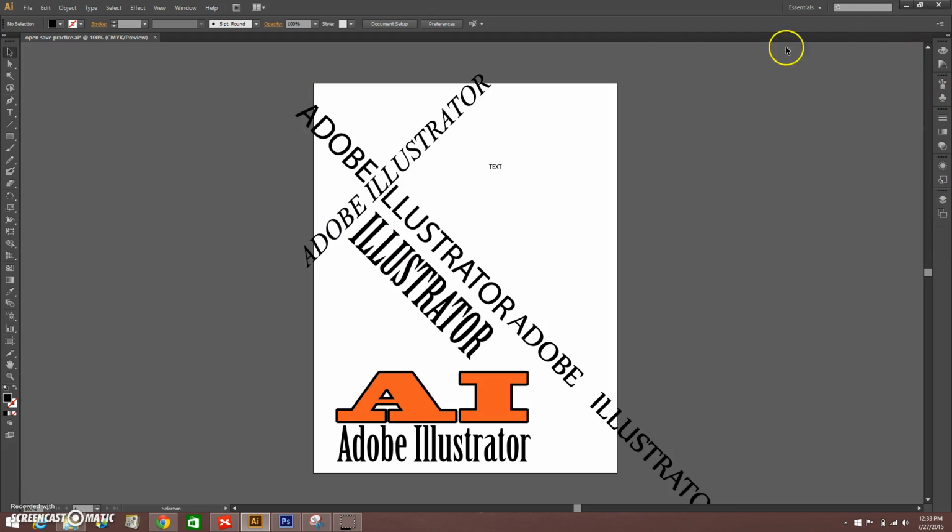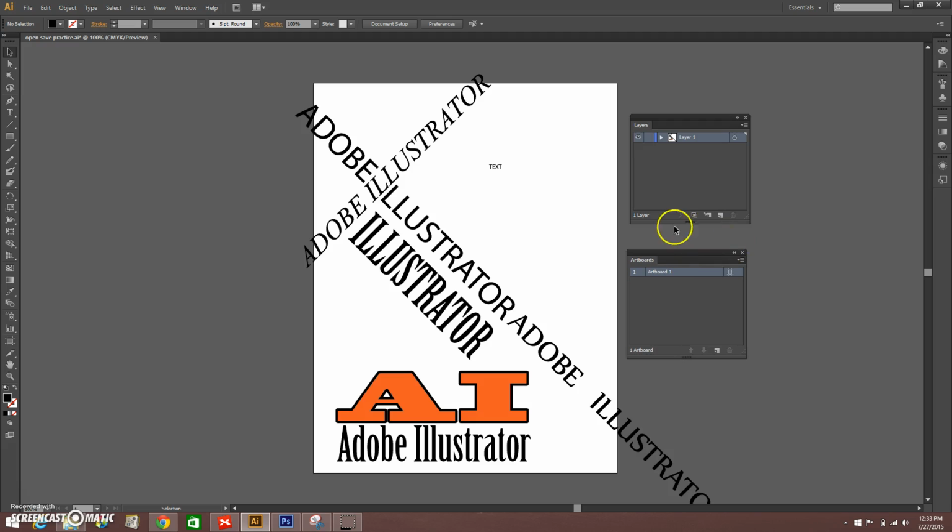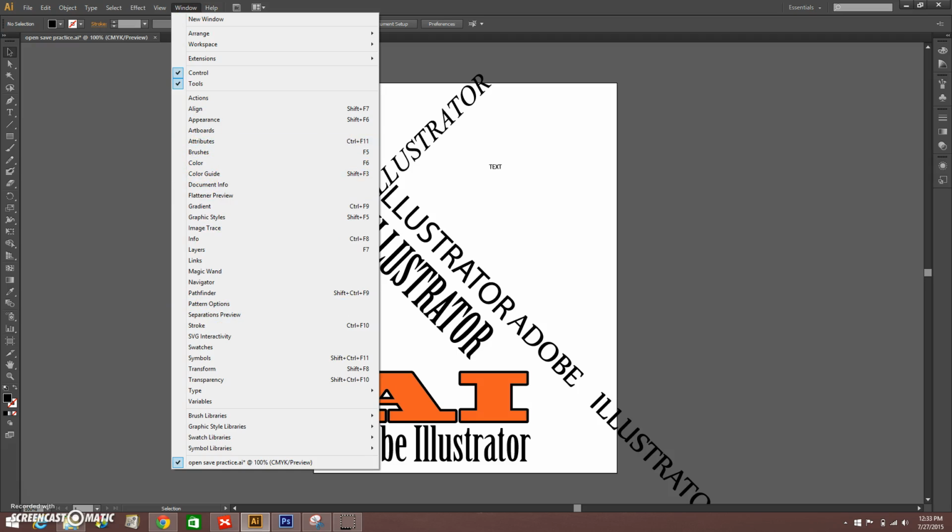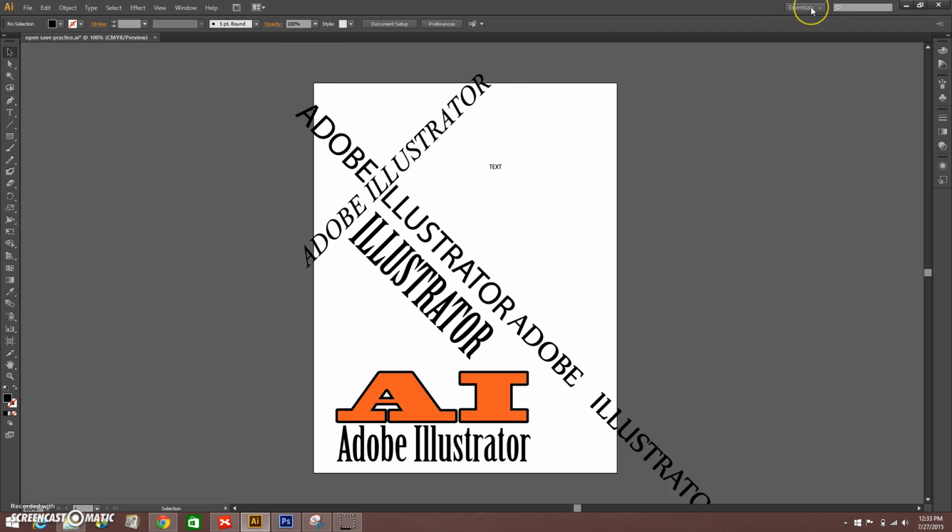Another thing you can do to reset your interface if you start losing palettes, and that happens a lot with beginners, is this: we start pulling the different palettes off, and then once they start covering up things, we tend to hit the little X and close those palettes. Well, the palettes are no longer there, so what you want to do is go back to the Window menu and find those palettes. But I think it's just as easy to go up to Essentials and reset your entire workspace just by choosing Reset Essentials. And what that'll do is load Adobe Illustrator back to its factory user interface, like it was when you first installed Adobe Illustrator for the first time.